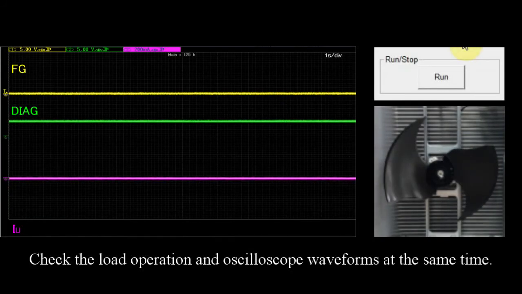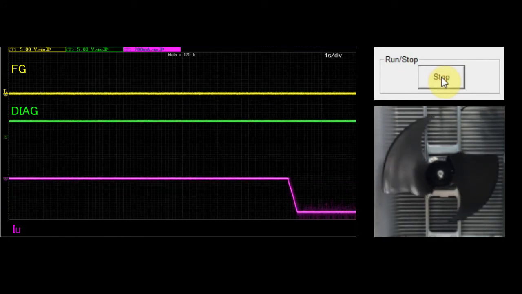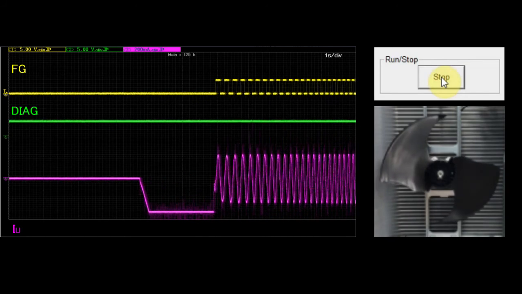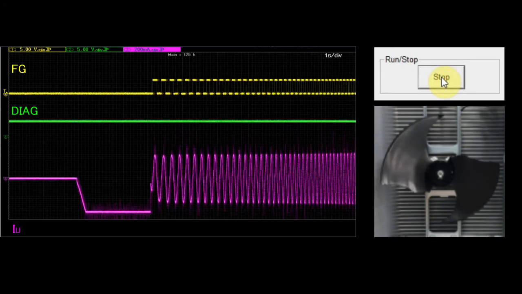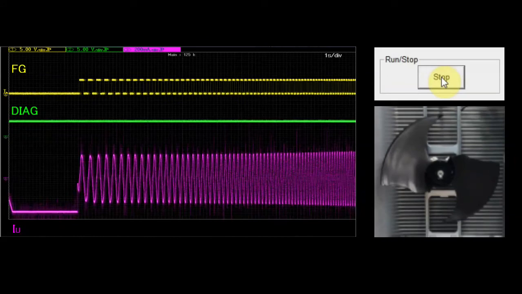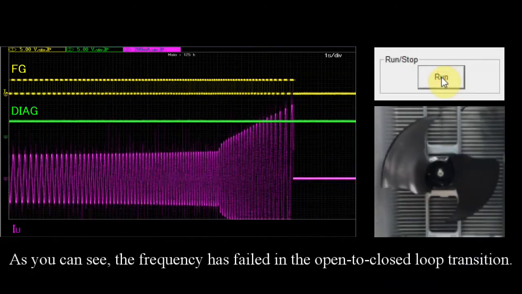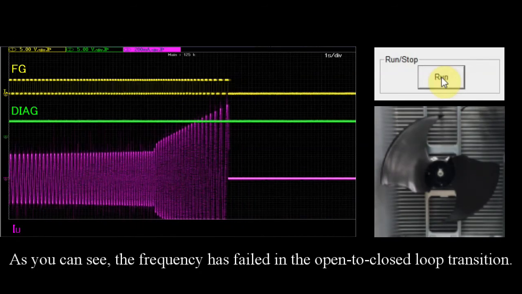Check the load operation and oscilloscope waveforms at the same time. As you can see, the frequency has failed in the open to closed loop transition.